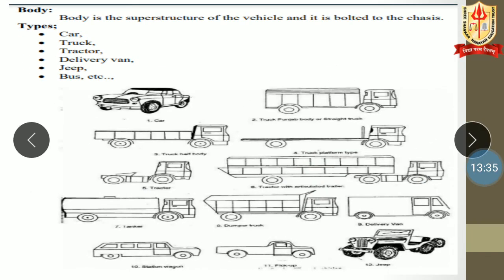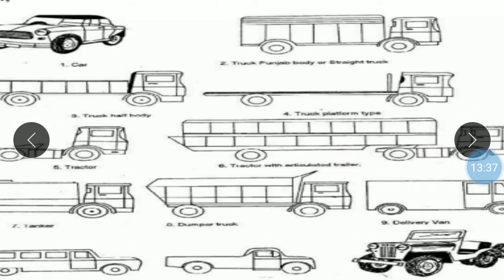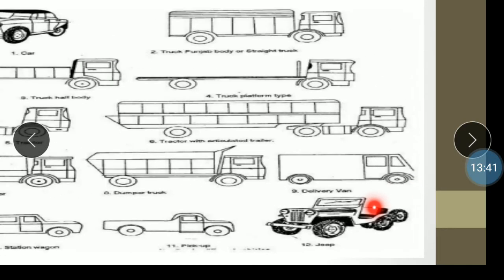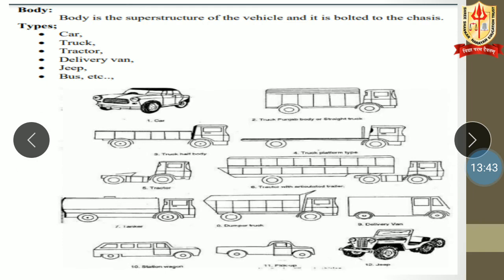According to their uses, this is a jeep, and the body of a jeep is different. So accordingly, the body is made or differentiated according to where it is going to be used.